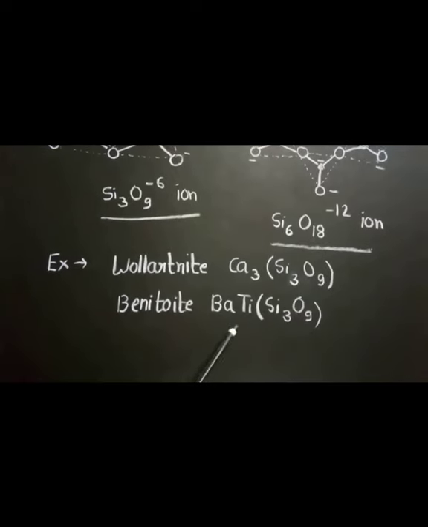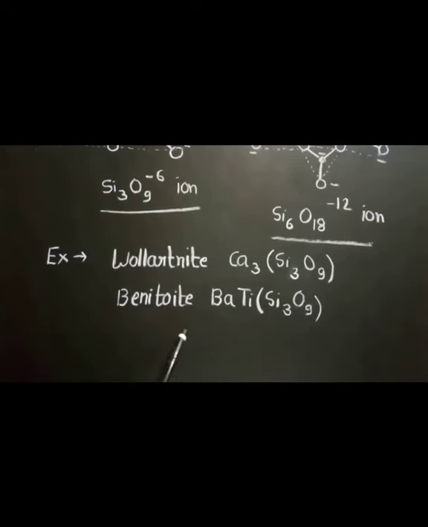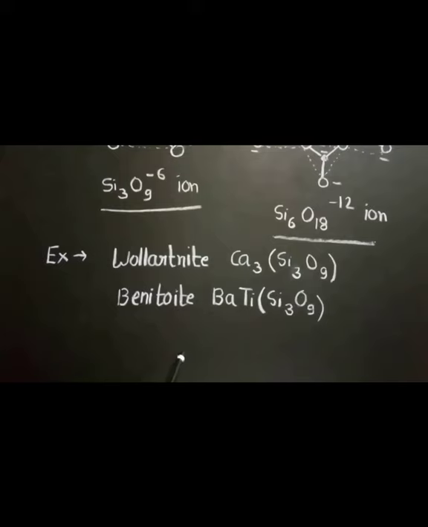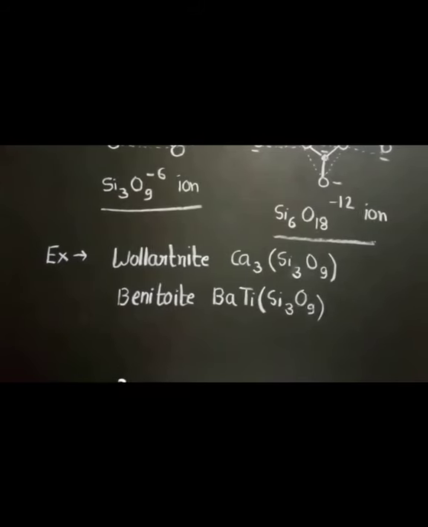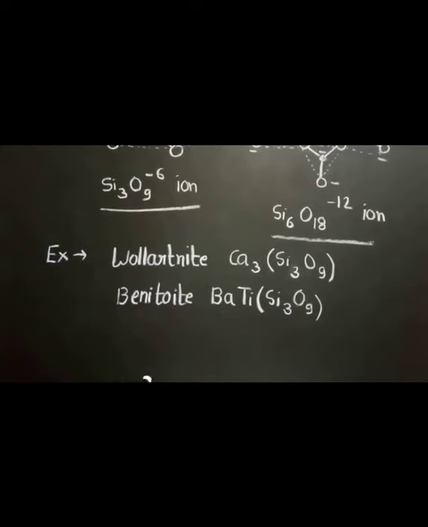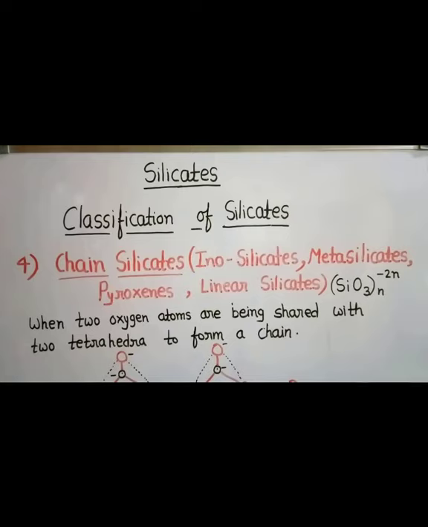That is Be3Al2Si6O18. This is an aluminosilicate because aluminium is one of the metals. Aluminosilicates with each aluminium surrounded by 6 oxygen atoms octahedrally. I will show it in the picture. I will post it in the group.